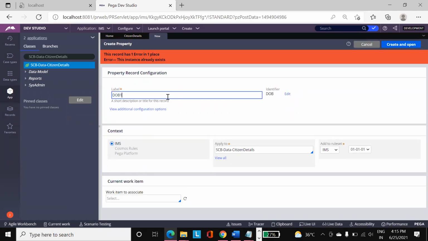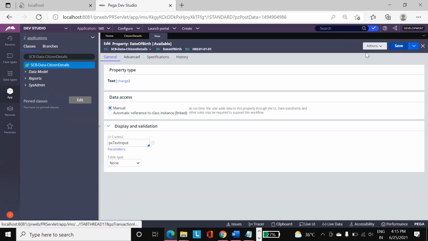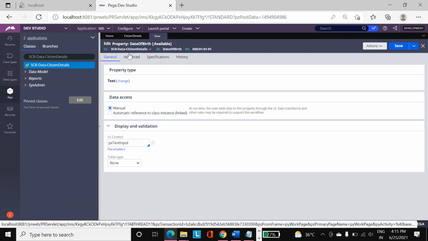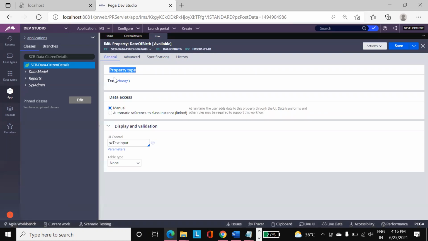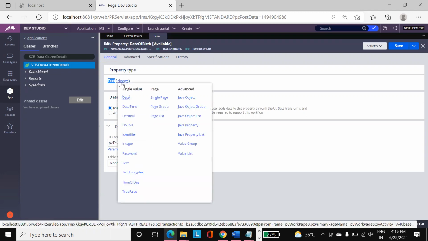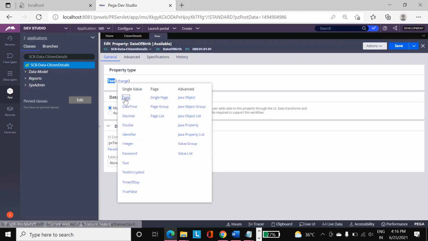So let's create something like date of birth. Now the property record is created. Here you can see the property type, which by default is text, but you can change it. If you click on change, here you can see single value properties like date, time, which I've explained, right? So these are the different single value property types.